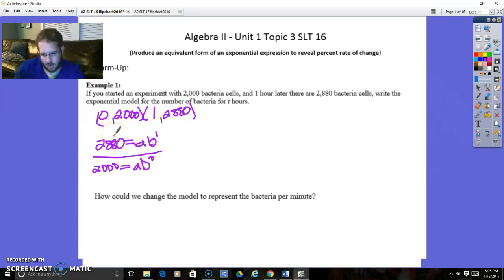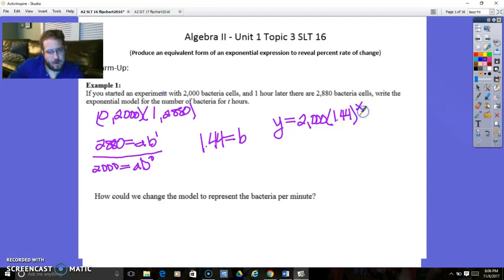So I got to use my calculator. 2880 divided by 2000 is going to give me a decimal of 1.44. So 1.44 equals, the a's cancel because 1 minus 1 is 0, and b to the 1 is just b. So b is 1.44. Now, I don't need to solve for the y-intercept because it's right there. That's the starting point, which was 2000. So the equation is y equals 2000, the starting point, times 1.44 to the power of x,